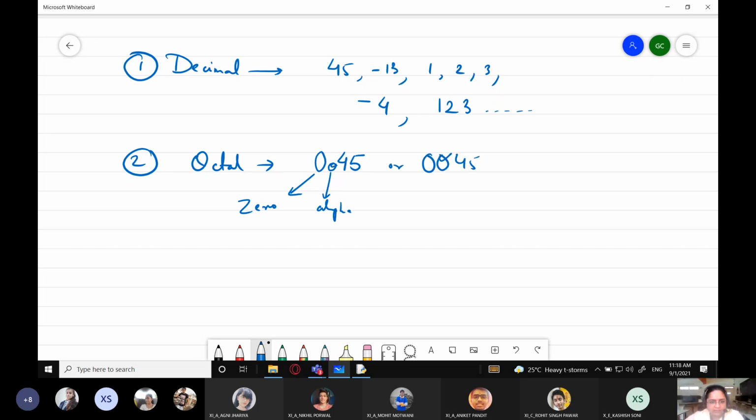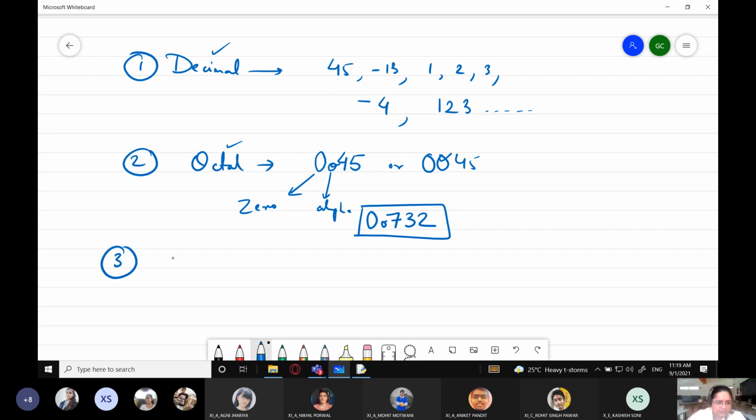So for O, I am using this small curve just to make you understand that the first one is a 0, the second one is the alphabet O. Right? तो हम ऐसे लिख सकते हैं. I can also write it like 732. Now 732 can be a decimal number also. It can be octal also. It can be hexadecimal also. But if I want to specifically say that this is an octal number, I'll have to use the 0 and O over here. So this becomes an octal literal.